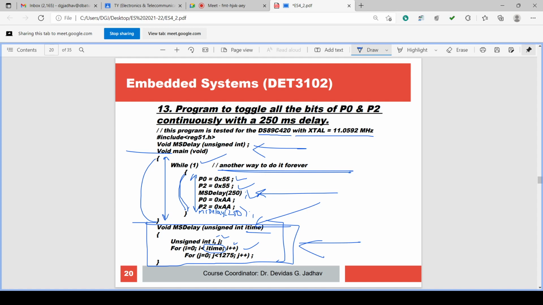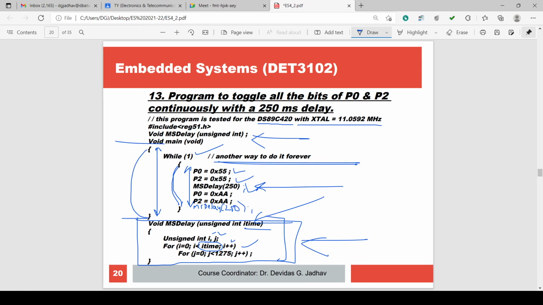Whenever P0 and P2 are assigned 55, delay is there, so we are able to watch the 55 value on the port, and again msdelay 250 is there after assigning P0 and P2 AA. So we are able to watch AA on P0 as well as P2, isn't it?